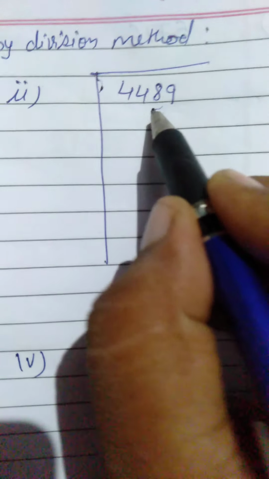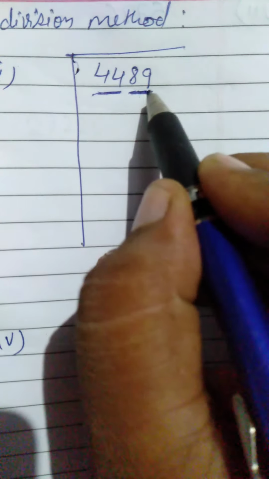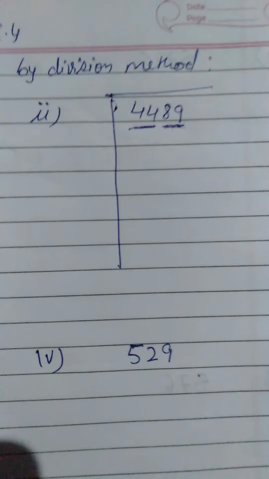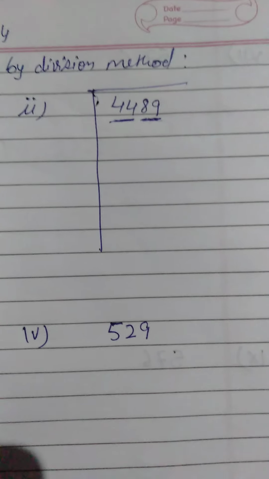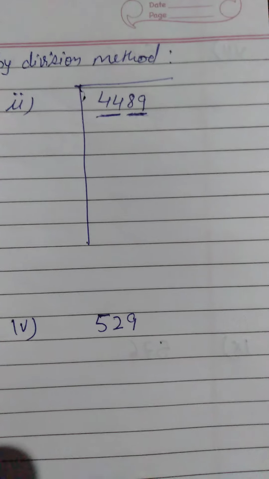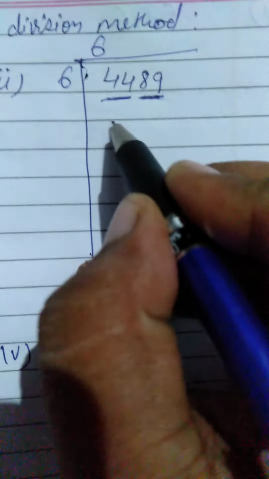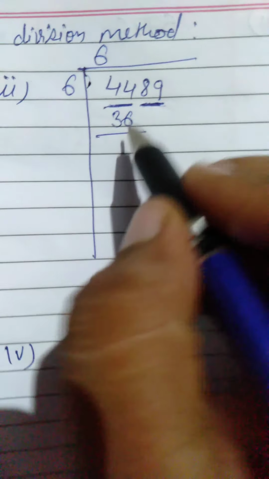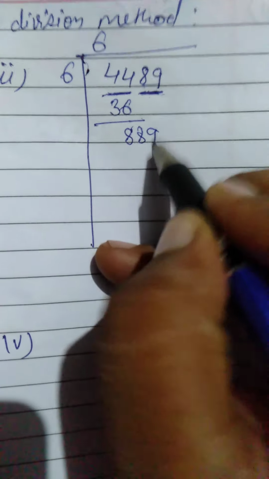Now come to question number two, second part. Make this design of the square root, and make the pairs from the right hand side, from the unit place, right? Now think of a number whose square is nearly less than or equal to 44. You see 4 4s are 16, 5 5s are 25, 6 6s are 36, 7 7s are 49 is more than 44. So it goes at 6 because 6 6s are 36 is less than 44.